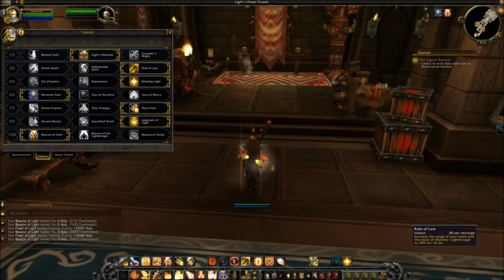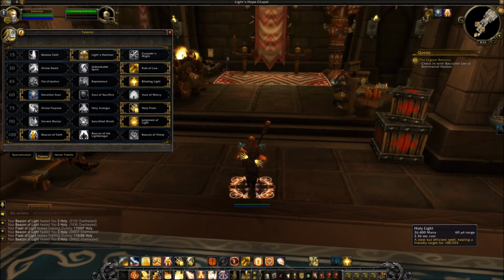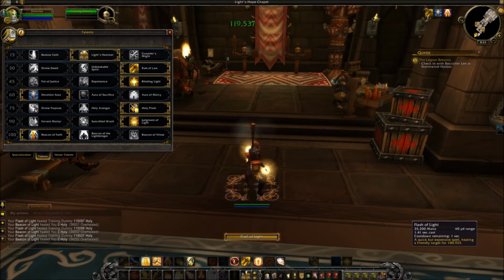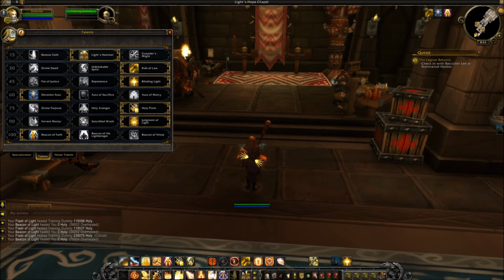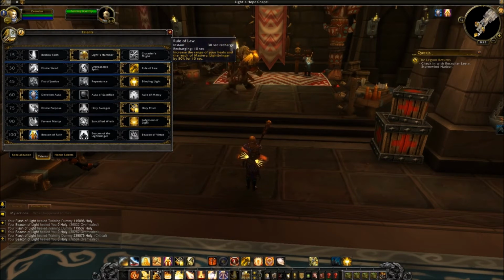So, I'm going to actually punch this here, and this should increase its healing. You can see the nice little aura effect there. Now it's up to 119,000. Because the range of my mastery was increased, the proximity needed to get better healing from the target also increased. I know that's a little difficult to understand, but basically, it increases the reach of your Mastery Lightbringer by 50%. So you're originally at